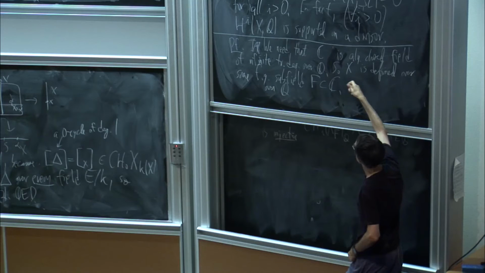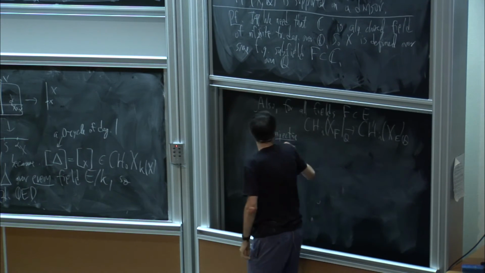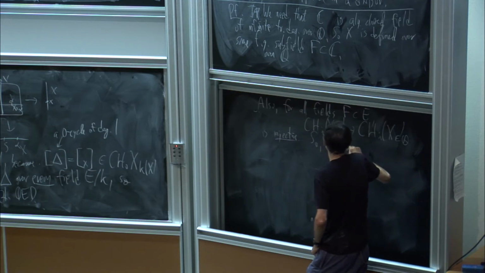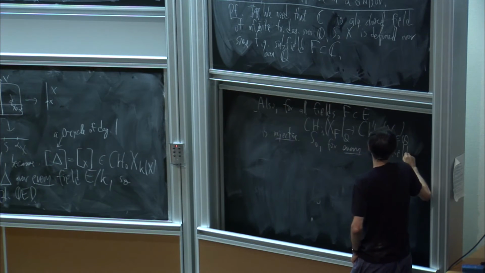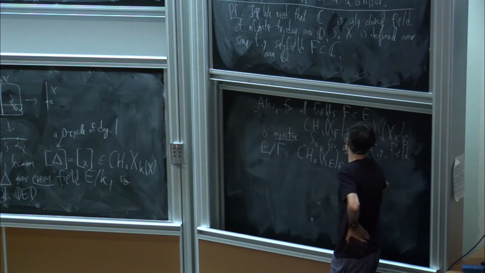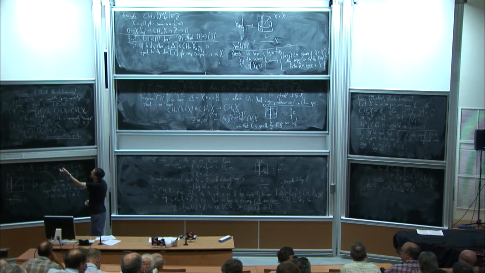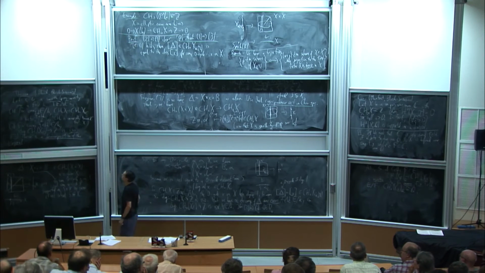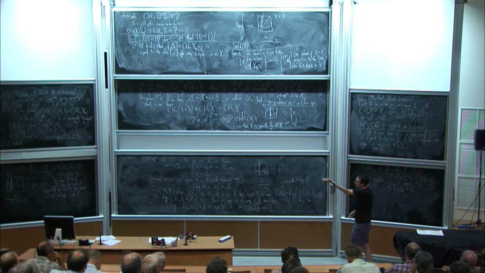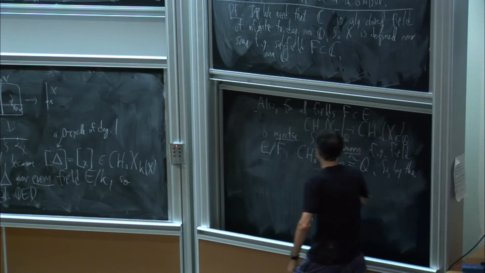But moreover, even when you go from F to some finitely generated extension field of that, Chow zero is still just Q. So our assumption, because this is true over C, and C is so big, is that for every finitely generated field E over F, the Chow group of zero cycles on X over E, tensor Q, is just Q. So in this theorem, I assume that something holds for every field, but in the proof, obviously, all I need is this for finitely generated fields. So then I'm in a situation where the theorem applies. Again, I need the argument with everything tensor Q, but nonetheless, the argument works, tensor Q. And so by the theorem tensor Q, so to speak,